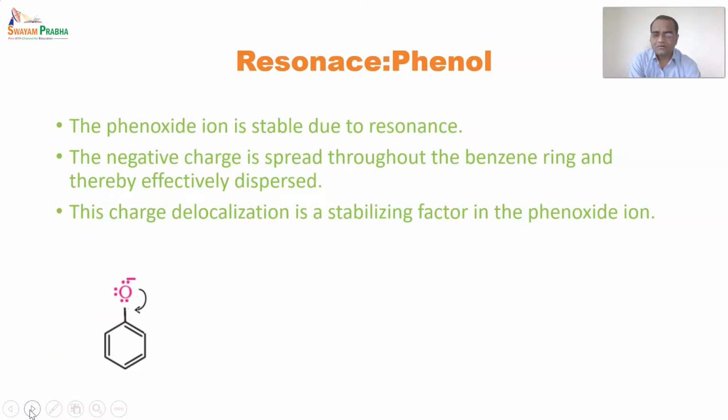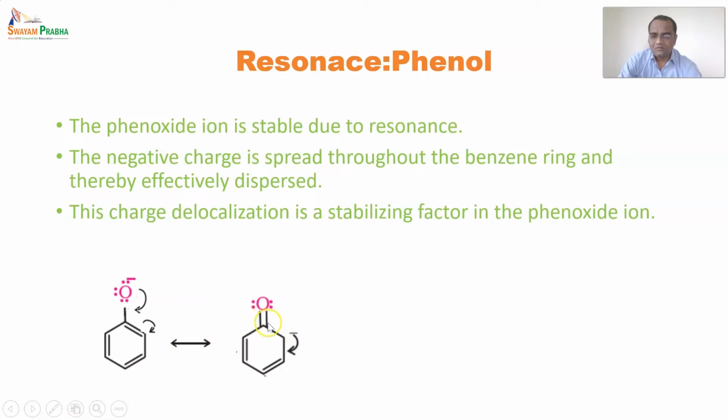Now the lone pair of electrons will be delocalized and form a double bond between oxygen and carbon. As soon as this pi bond forms between carbon and oxygen, the adjacent bond in the benzene ring breaks and transfers a lone pair of electrons towards a carbon, and that carbon now becomes a negative center. This is shown by a double-headed arrow, which indicates the resonating structures of the molecule.